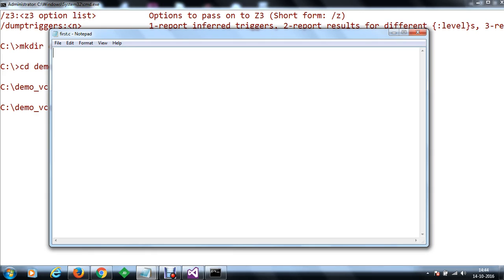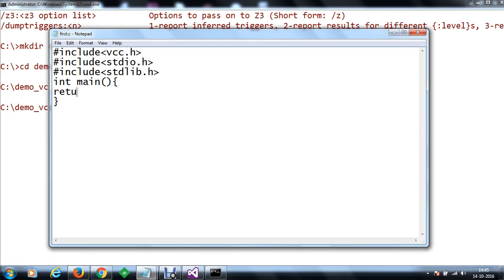It's going to be a very simple program. This is just to get to know how you can write a C function and how you can test that with the Verifier for Concurrent C programs. In order to do this, the first thing we have to include is the vcc.h header file, so that we can compile the program with VCC. Then we have to include my original program's headers, stdio.h and stdlib.h. We have to include int main, and finally I'm going to return 0. So this is my simple program written in C.